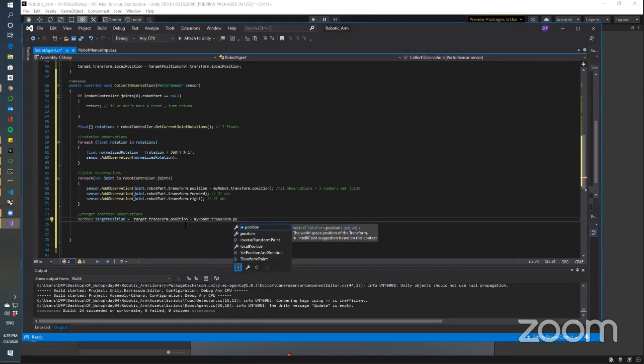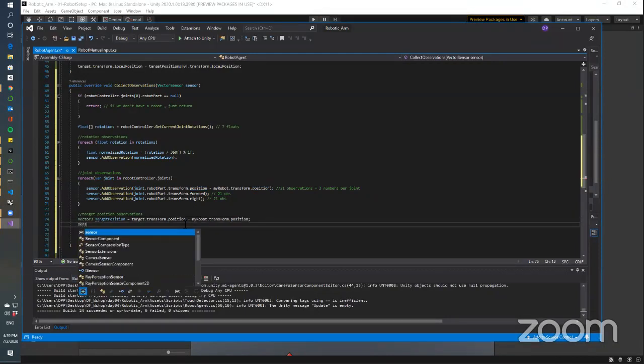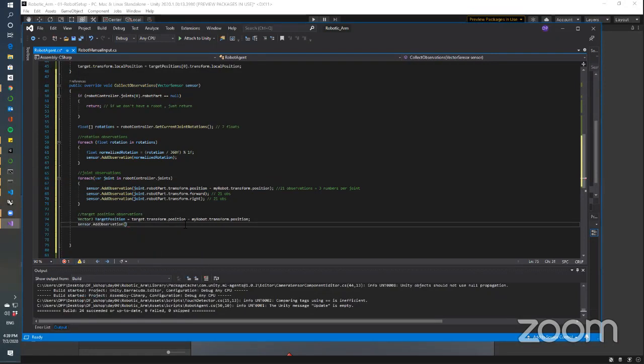Actually, we can do local position, should be fine, or position. Let's go with position for this one. We won't train more than one agent, so that's fine. And we can add sensor.AddObservation with targetPosition. Okay, so with this we have 3 more